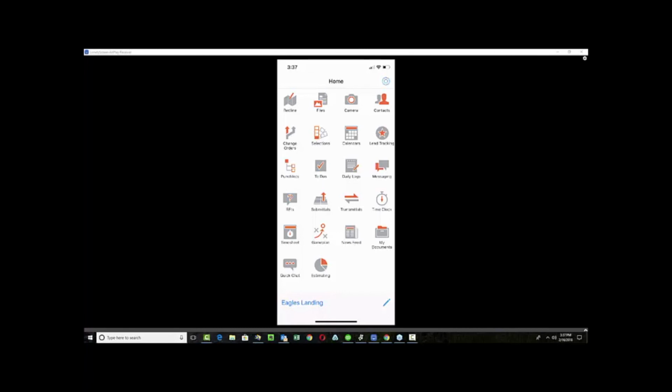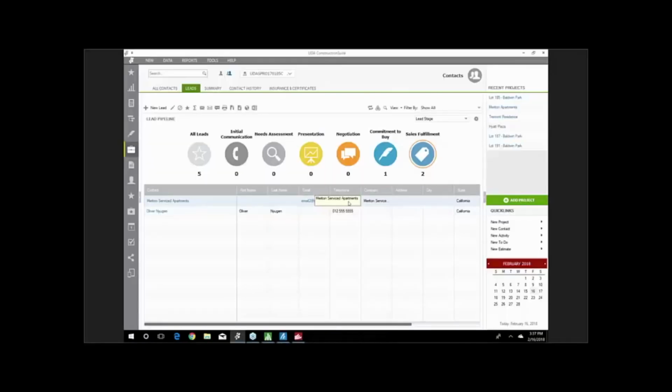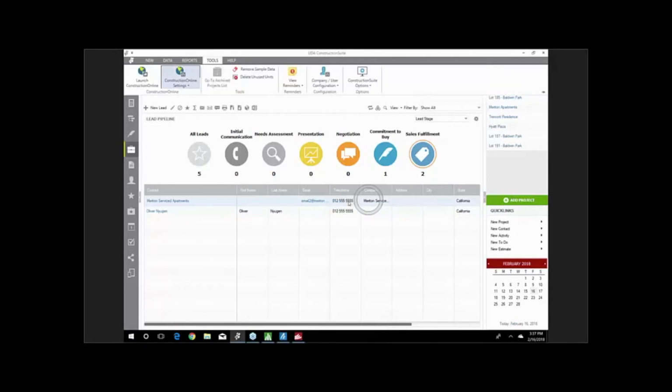I do want to point out that a lot of the information that is available in this app can come directly from the ConstructionSuite application. Like Corey was pointing out before he transitioned over, just to make sure if anybody missed that, the SuiteLink interface can actually automate a lot of this transfer. So if you have your contacts database set up in ConstructionSuite, for instance, and you wanted to make a